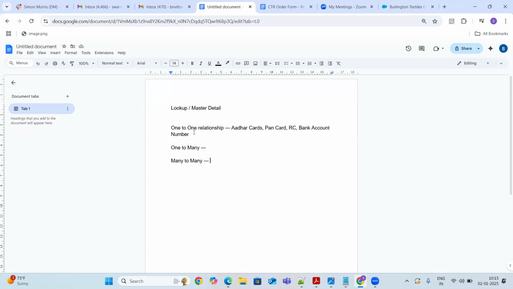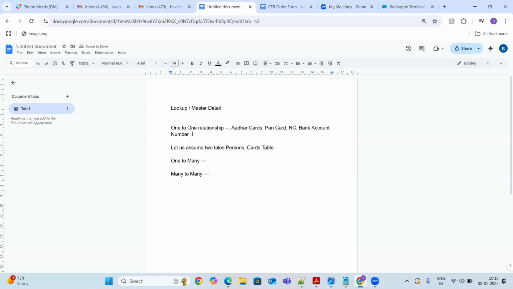So to establish the one-to-one relationship, for example, let us assume we have two tables: persons table and cards table.